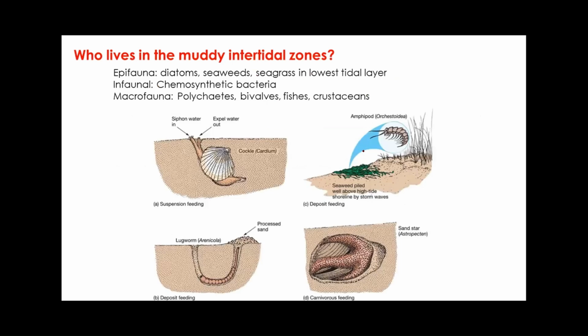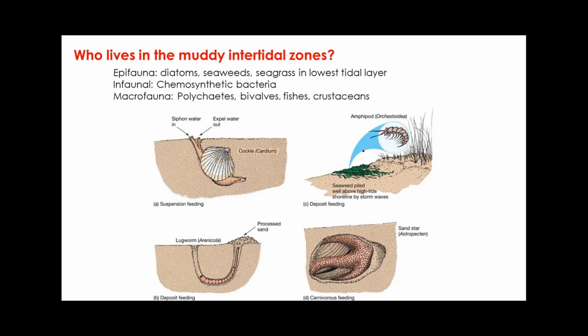As somebody asked right now, if it is so stressful, why are they living there? So we are also asking who lives in the muddy intertidal zone. Then we can answer that if we look into the epifauna, there are diatoms, seaweeds, also seagrasses in the lowest tidal area layer. So lowest tidal layer means what? If we look at the classification of the intertidal area, the first layer is the low tide area, then you have the mid tide area, and then the high tide area. So in the low tide area, near the water, there are epifauna in the form of diatoms,